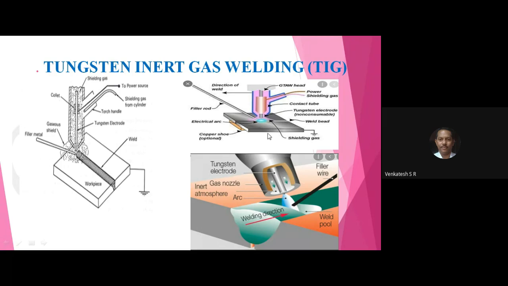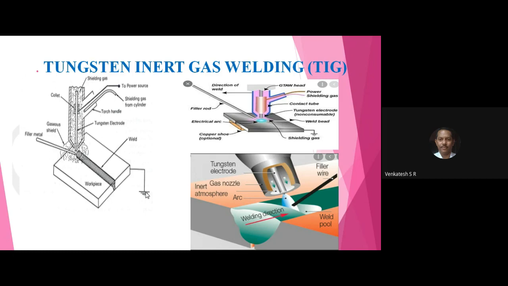Usually the filler rod is made of the same type as the base metal, or mild steel, copper, alloy steel or stainless steel, depending upon the type of metal workpieces to be welded. This is the 2D diagram of the same thing which you saw in the color diagram. This is the gaseous shield, filler metal, the collet, and the pipe where the inert gas is supplied to the joint. Then this is the tungsten electrode and the weld bead, or the welded joint. This is the workpiece, and the workpiece is grounded. See, this is the principle of operation of tungsten inert gas welding.